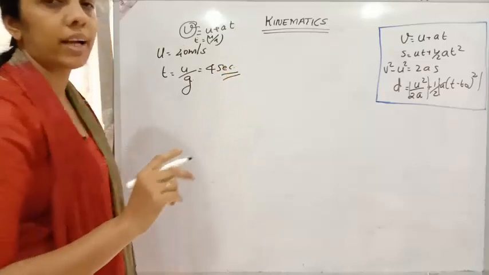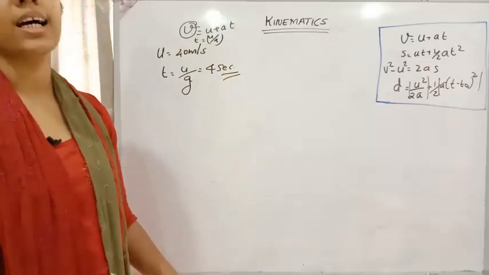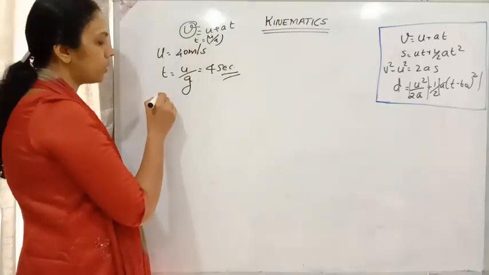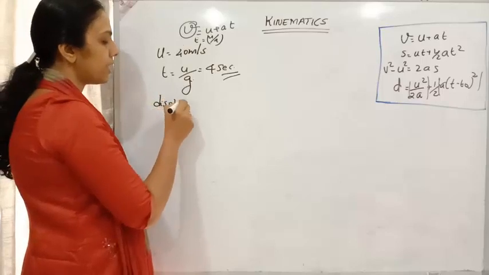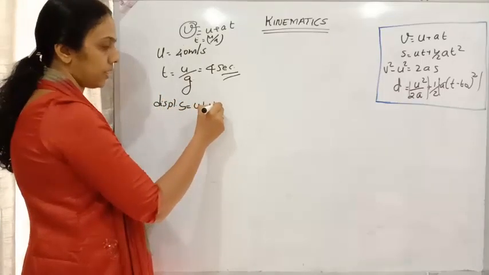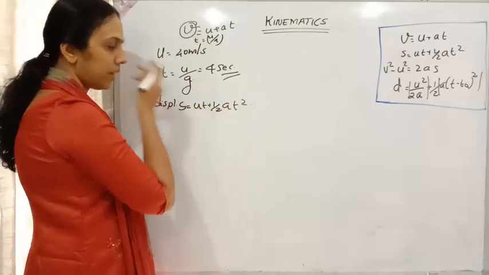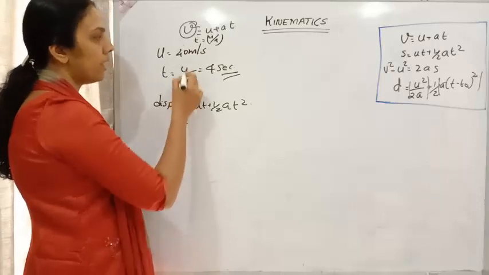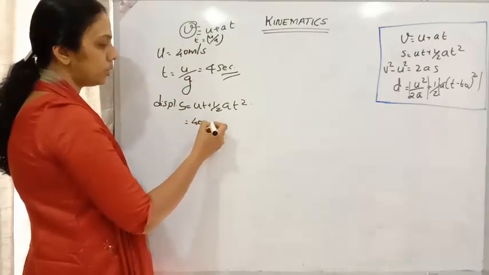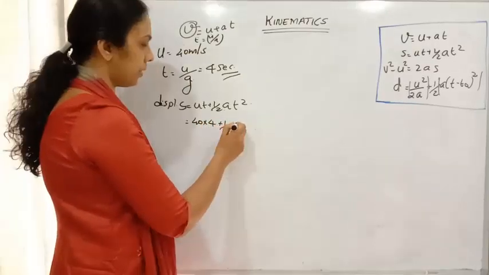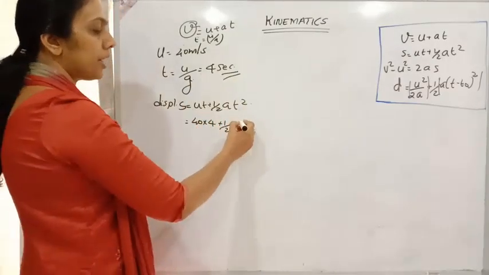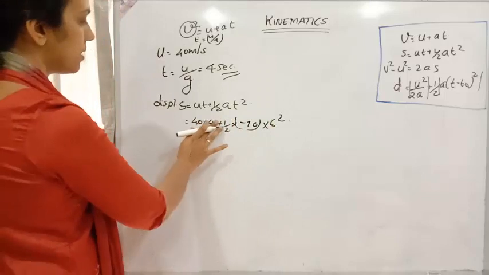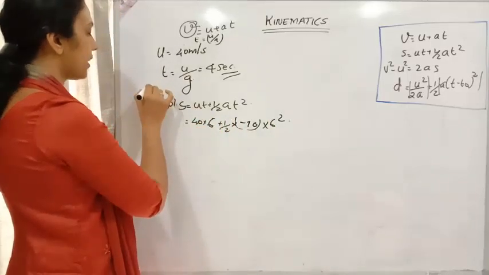Here they asked us to find the distance and displacement after 6 seconds. How can we find the displacement? Displacement s is equal to ut plus half at square. So here, in 6 seconds, the initial velocity is 40, into t, plus half into acceleration, which is minus 10 since it's moving in the upward direction, into t square, with t as 6. So here it is 6 seconds, right? At 6 seconds only it is asked.